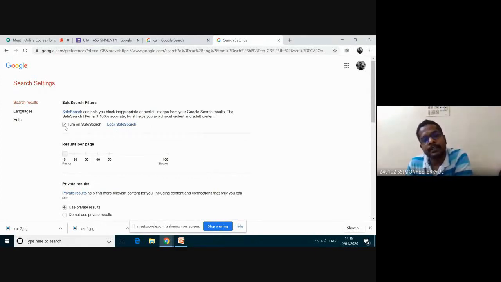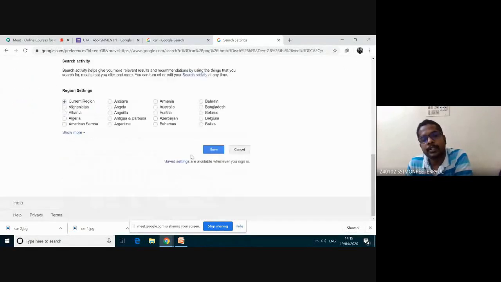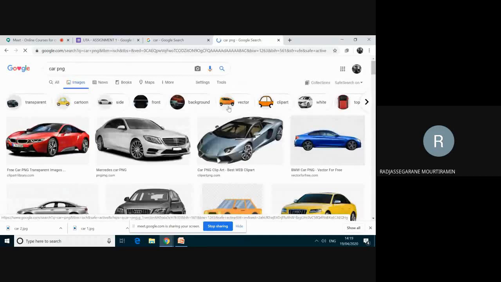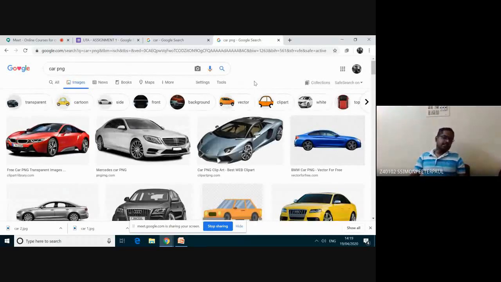So I'm clicking this one, and then I'm going down and I'm saving. It means explicit images, inappropriate images will not appear whenever we are searching.